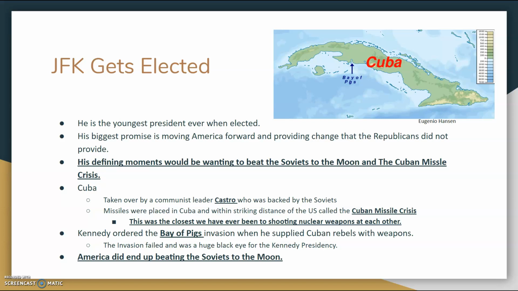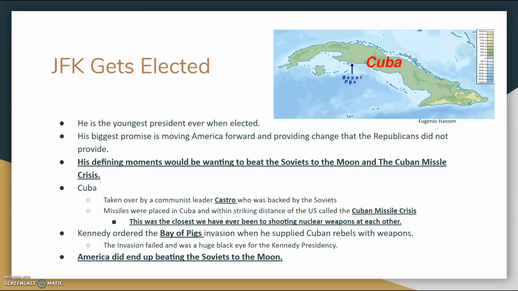One thing I actually didn't put on this slideshow is JFK's election is one of the first times we see the television being used, and he was calm, cool, collected, and a relatively good-looking guy, and he was able to defeat Nixon, not only because of his ideas, but because of how he looked on the camera and how he always looked cool, calm, and collected, while Nixon sometimes looked nervous.